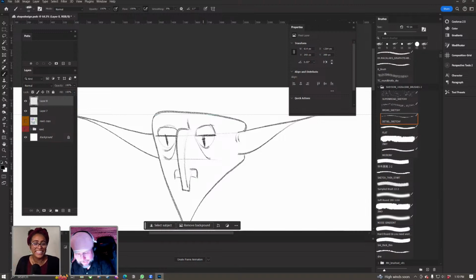And vampires are always so stoic, so maybe with the designing part, we have another element that I can keep that menacing stoic look.